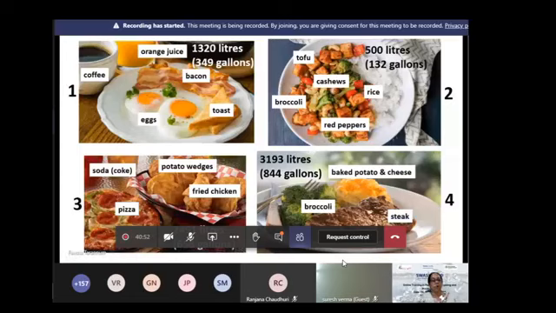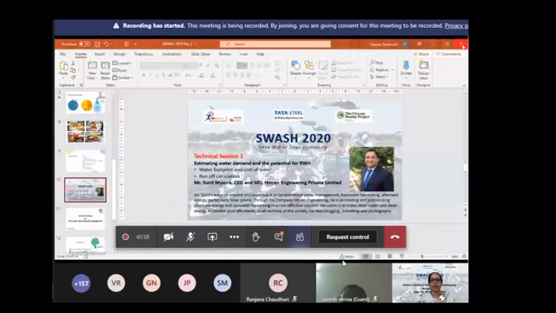So when Sunil told you that it's roughly about 1,500 or 1,600 liters of hidden water that you're consuming every day, you can assume in a meal like this that we have in India, probably that is true. But as I said, in the United States, it's somewhere around 7,000 liters, which is huge. And with that, I think I'll move to today's agenda, so let me just stop sharing it here.